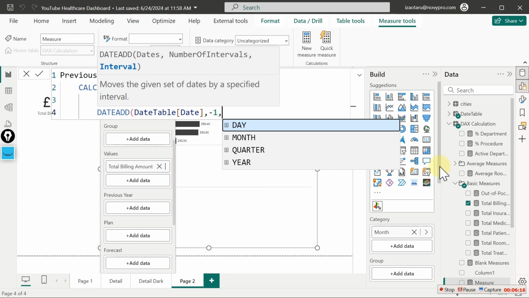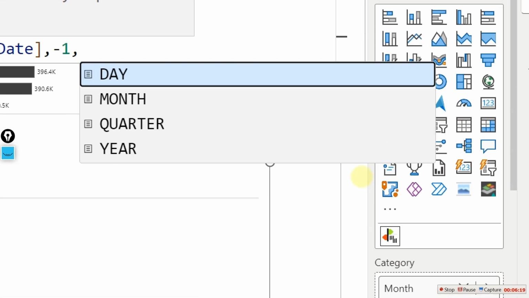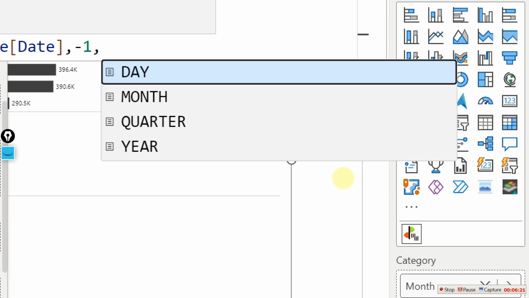Okay, let us pause right here and look at something. On the screen we have day, month, quarter, and year as the last one. We do not have weekdays like Monday, Tuesday, down to the last day of the week. So when we get to the part of creating the previous week, just note that we are going to use a different technique to get it created, which would not have anything to do with this. Okay,